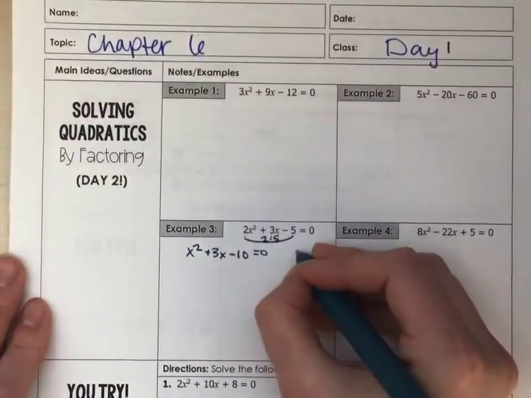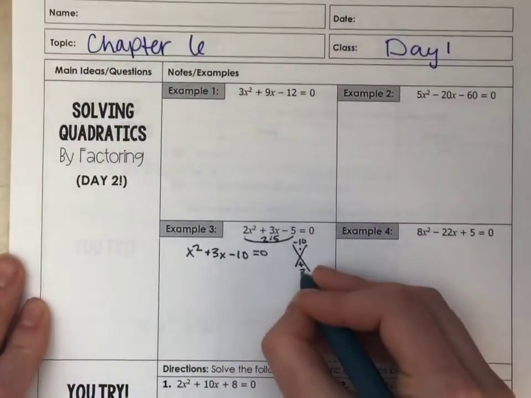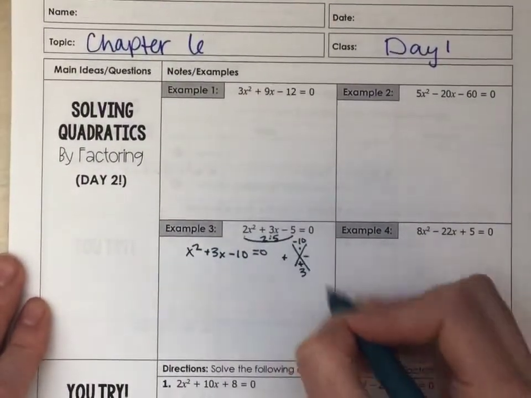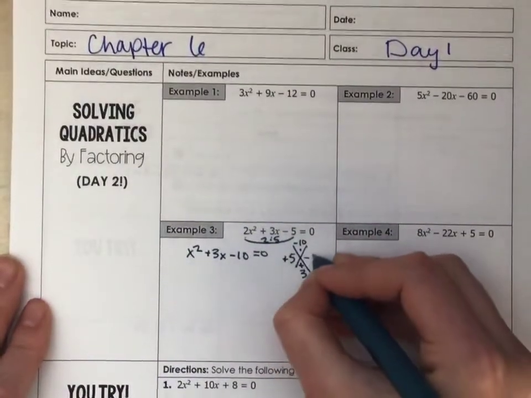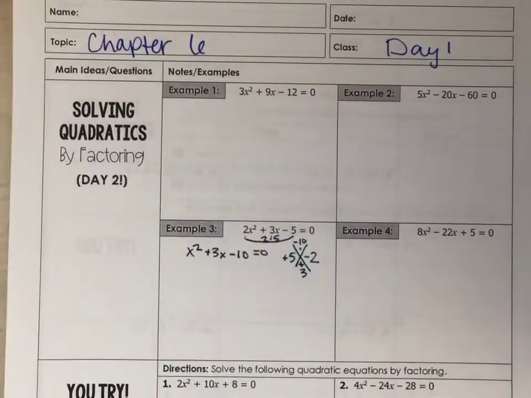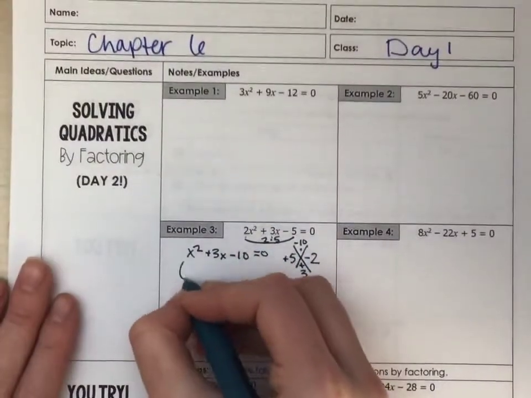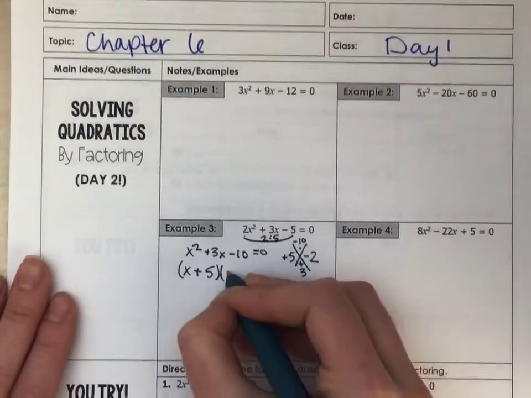And I'll factor this one out using that x method. Negative 10, positive 3. In order to multiply and get a negative, 1 is positive, 1 is negative. And if it's a positive 3, my factors for 10 are 5 and 2. We did that on the last page, so you could always look back there too. That was the same number setup. So now I would set up my 2 factors. I would have x plus 5 and x minus 2